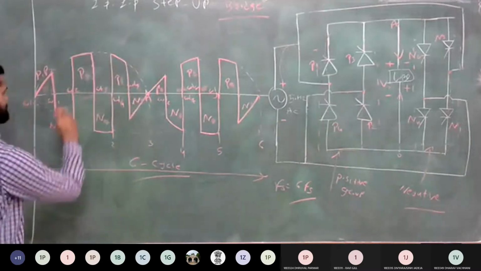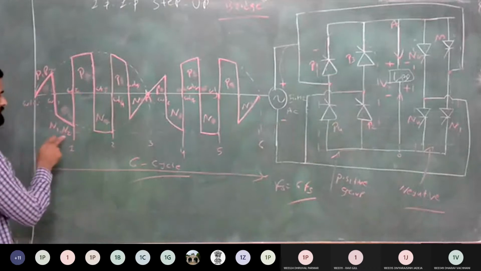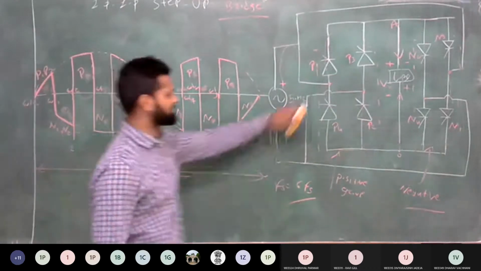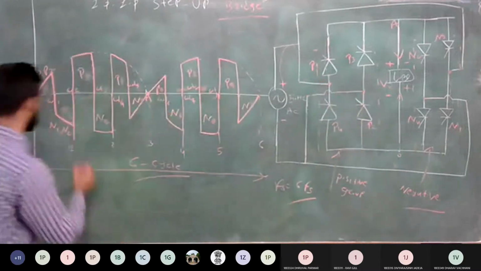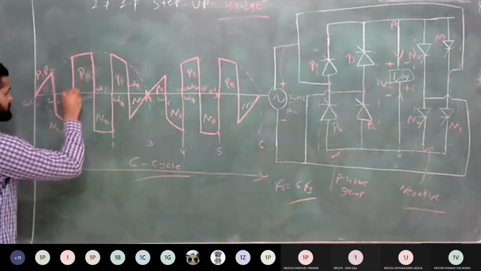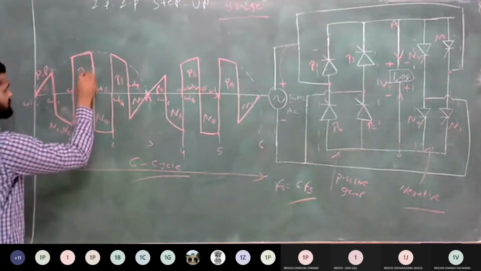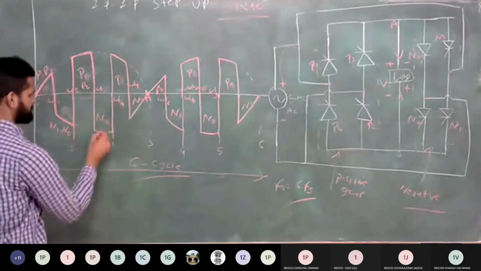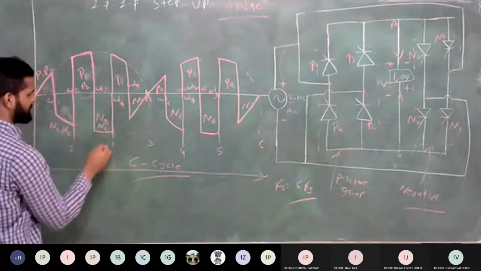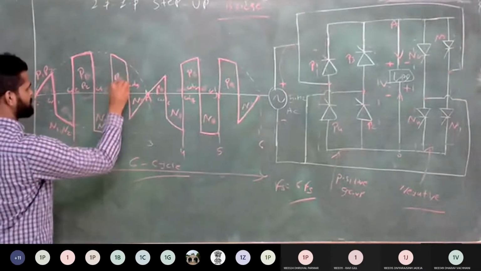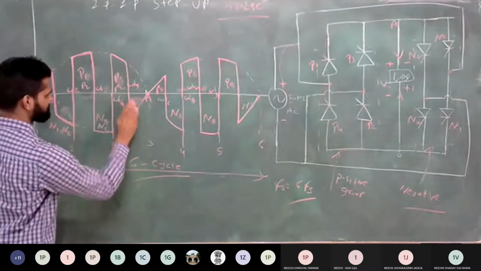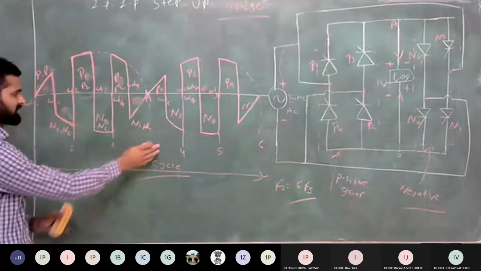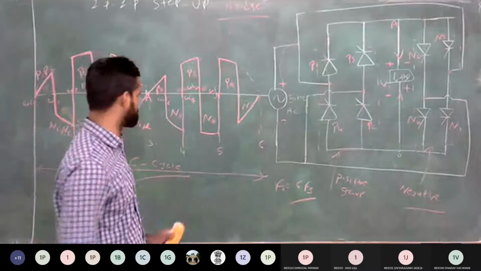Same way, the sequence is repeated at omega T2: forcefully commutate both the thyristors N1 and N2, and again turn on P1 and P2, because it requires the positive voltage. So during this period, you get the positive voltage because of conduction of P1 and P2. This sequence is repeated for the next cycle: N1 N2, P1 P2, N1 N2. Clear? So you can see that again you get the three cycles, same like a midpoint configuration.